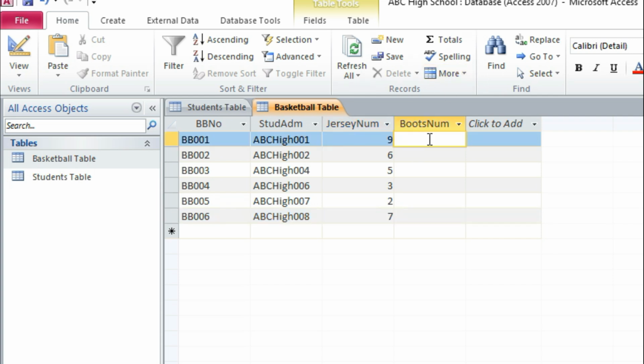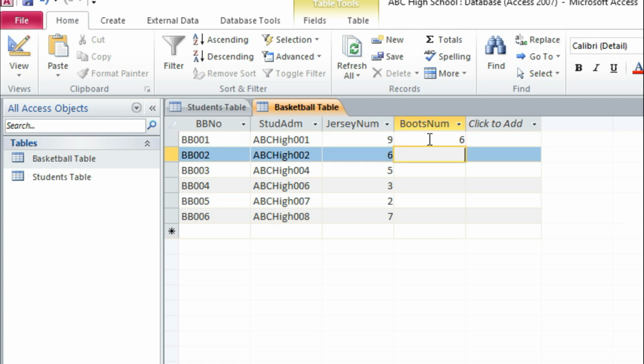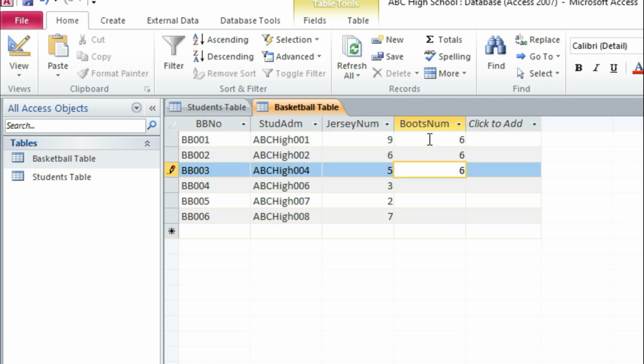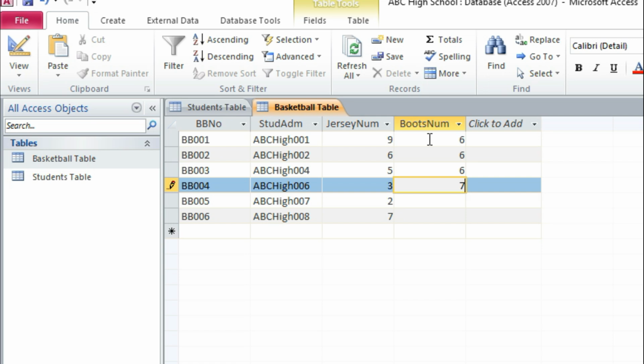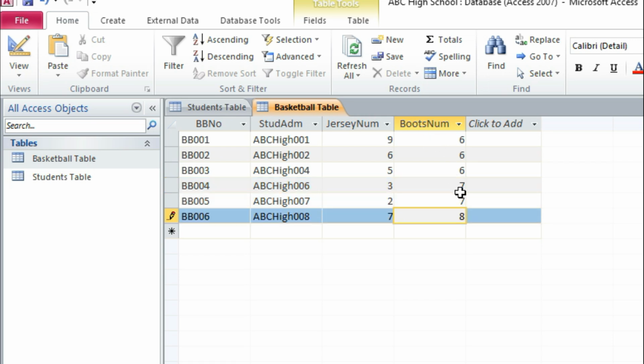Boots number, let's say boots number 6, 6, 6. They all are wearing the same boots, and then we can have 8 like that. Control S. So we have our BB table,